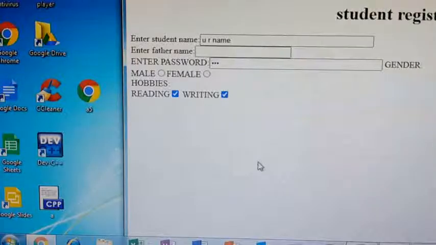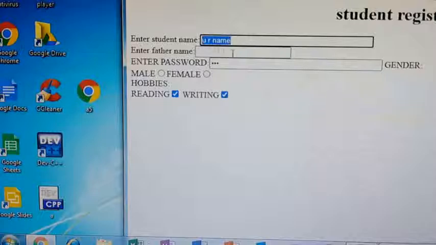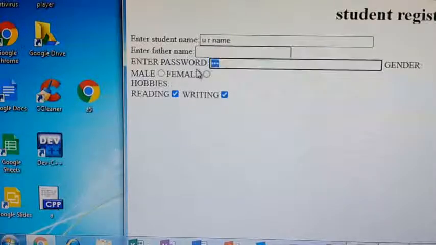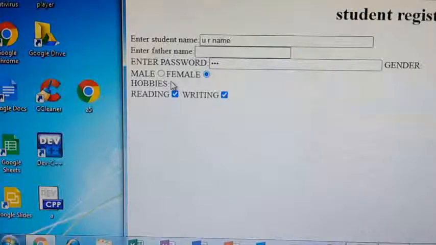For all these elements you are collecting input from a user. But what type of input are you collecting in this first field? Here we are collecting text. Here also we are collecting text. Here whatever information you are entering is not displayed as text, it will be displayed as masked characters, that is a password field. So what is your requirement here? The user must give only one value. In that case you will use radio buttons. If you try to select more than one option here, another one will be deselected. Because if you have given input type equals radio, it will take only one value.